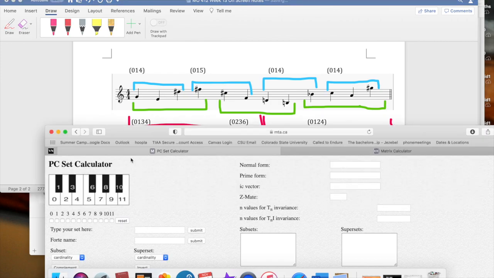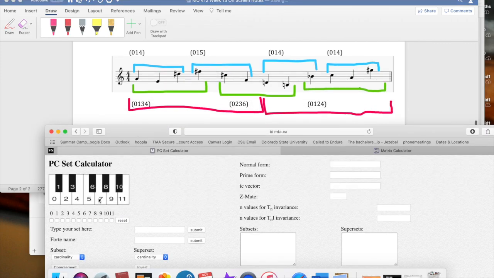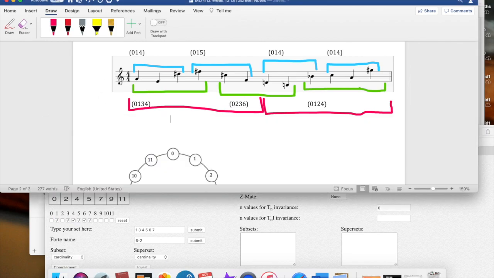For this hexachord, what have we got? To start with, we have 7, 4, 3, 6, 1, 5. Oh, 1, 2, 3, 4, 6. Very dissonant, right?